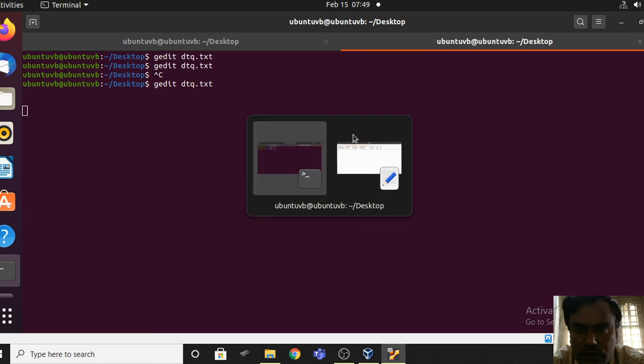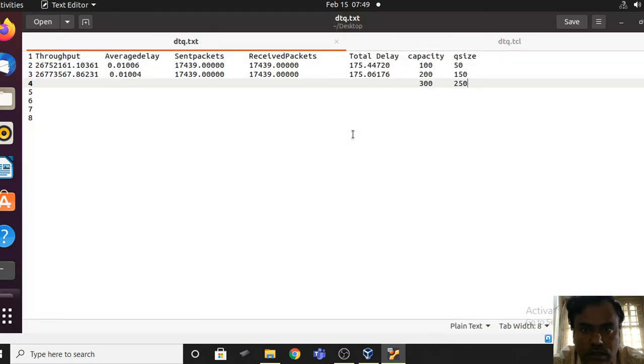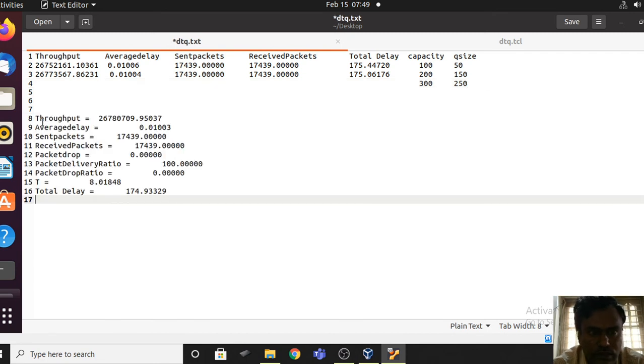There is some window here. You have got this. Here, you can note down. Control B. So this is the throughput.